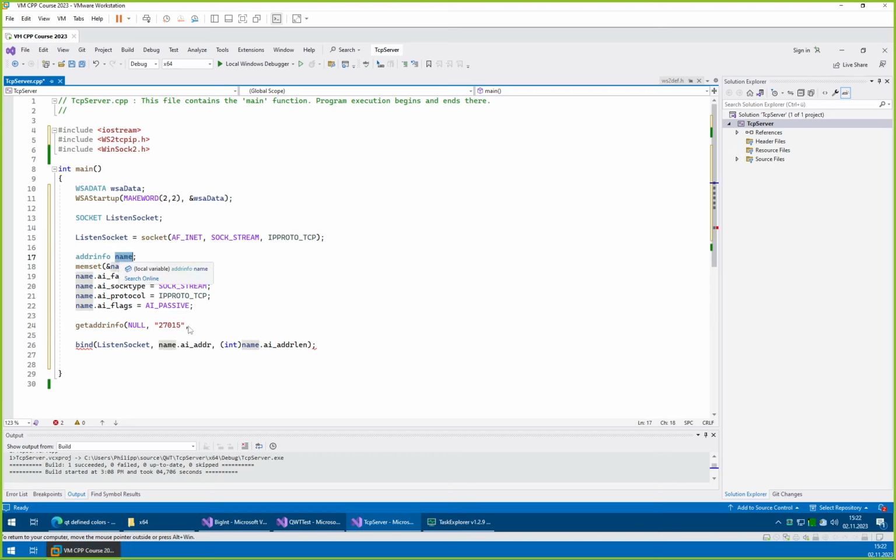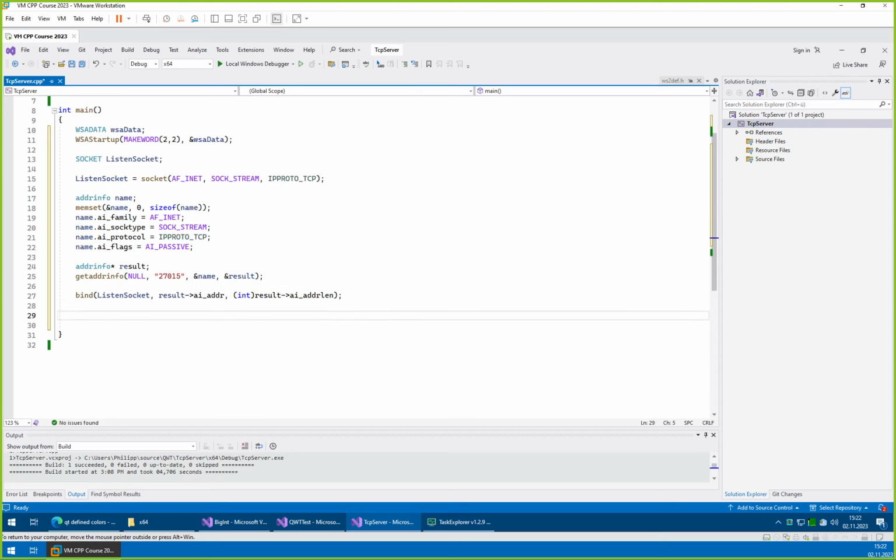Use our structure here, and we want the result into another structure of the same name, so the same pointer, comma, reference, comma, right here, and this one then we will feed our bind function. Okay,